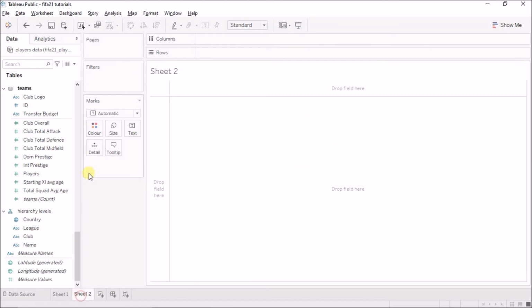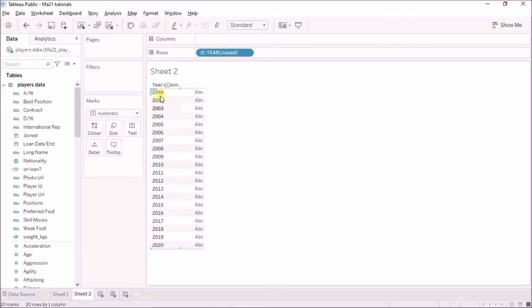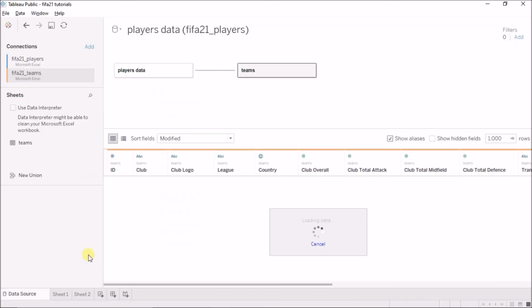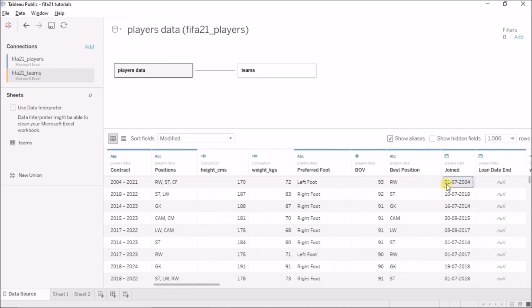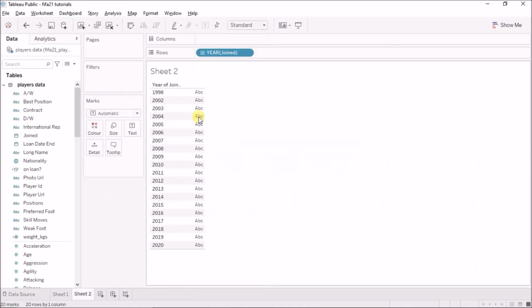Now in the case of a date column, for example, in the case of this joined column, which is a calendar, which is a date column right now, if I drag this here, it will automatically give me the lowest level of aggregation. Okay, so I have only the years here, but I know that in the original data, in the date column I had month, date and year. Okay, but here it is only showing me the year part, because it is automatically doing the hierarchy in the case of a date column.